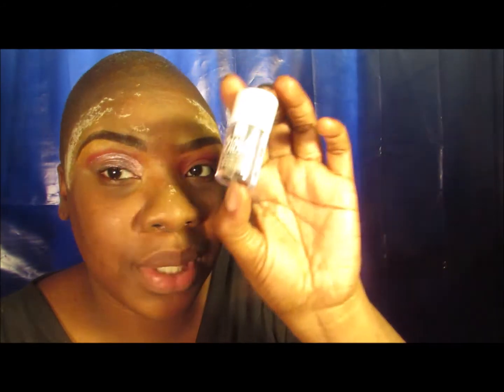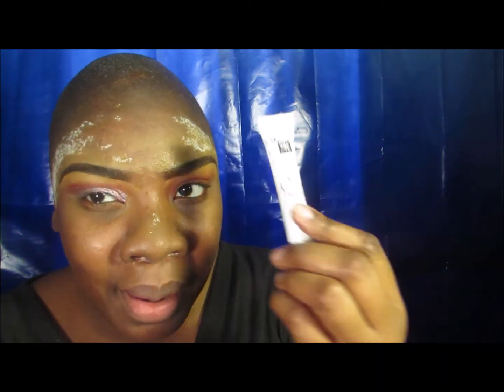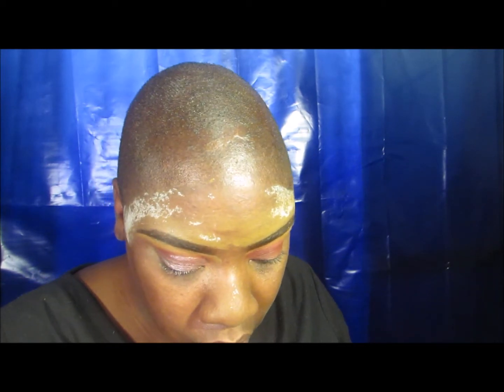Now I'm going in with my glitter, and this is actually by Ruby Kisses, and it's in the color called Platinum, which is basically silver. It's so pretty. I was going to use my glitter gel, my glitter primer, but being that I decided to go with a liquid eyeshadow, I decided not to do it because the eyeshadow is still wet, so it wouldn't make sense to apply the base on top of the eyeshadow. So I'm going to take the glitter, put some on the back of my hand, and then take my flat eyeshadow brush,